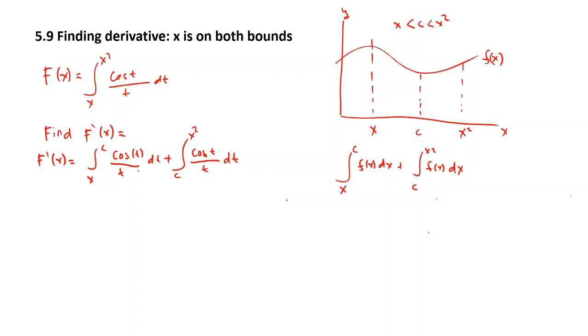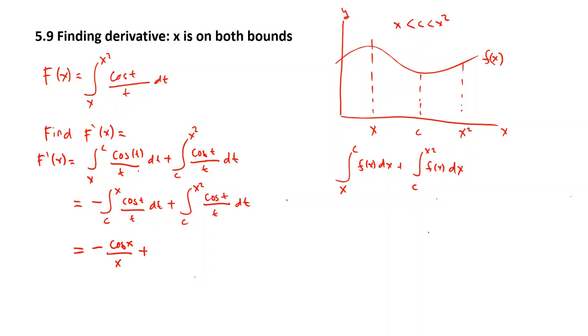If you look here, the first term we need to reverse, so it goes from a constant to x, so that we can apply the fundamental theorem of calculus to solve this derivative. So I'll put it as minus the integral from c to x of cosine of t over t dt, because we exchange the interval, plus the integral from c to x squared of cosine of t over t dt. The first term I can easily solve using the fundamental theorem of calculus. That will be equal to minus cosine of x over x,